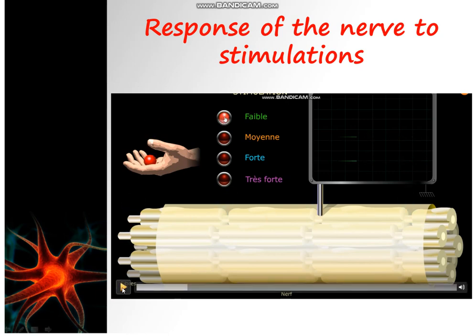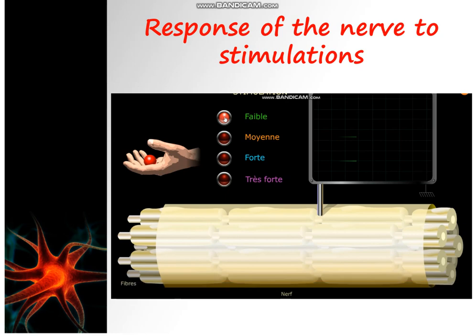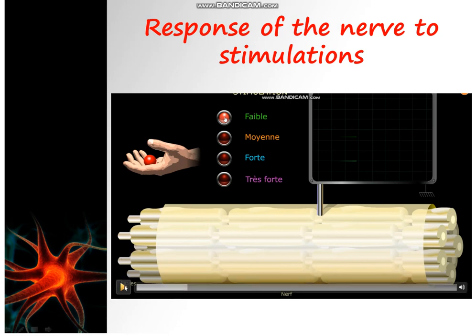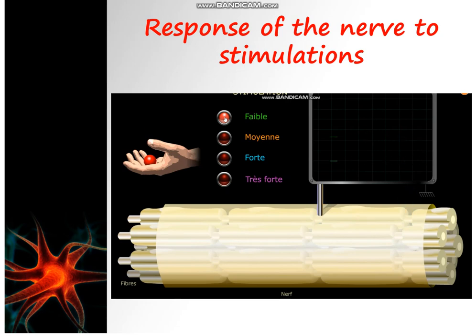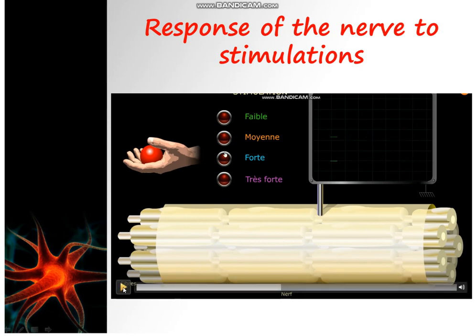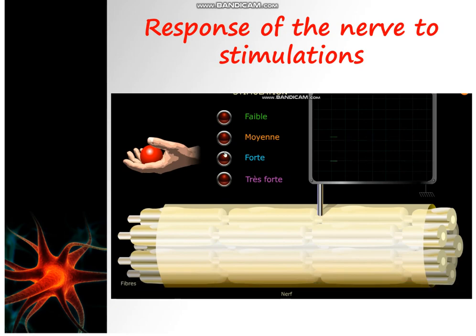First, when we stimulated this nerve with a weak intensity of stimulation, only one type of fiber responds to stimulation. Now we stimulate the nerve with a moderate intensity, and as we see, 2 types of fibers respond to stimulation.